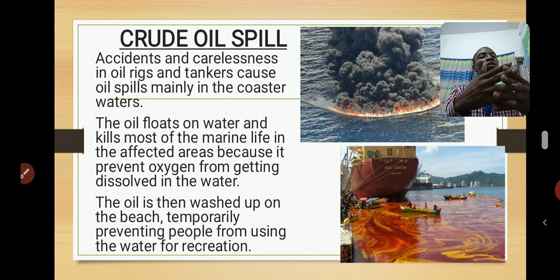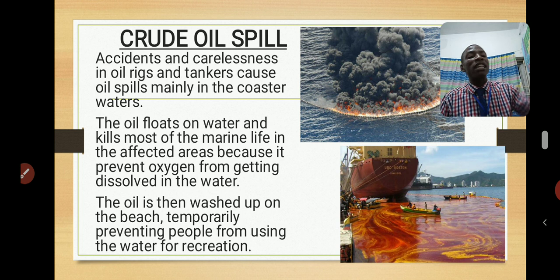Pollution by oil spillage can occur from the tanker. When the tanker is carrying the crude oil from the middle of the sea to the shore, accident can occur and carelessness can also occur, such that this oil will get spilled, that is, poured into the water,